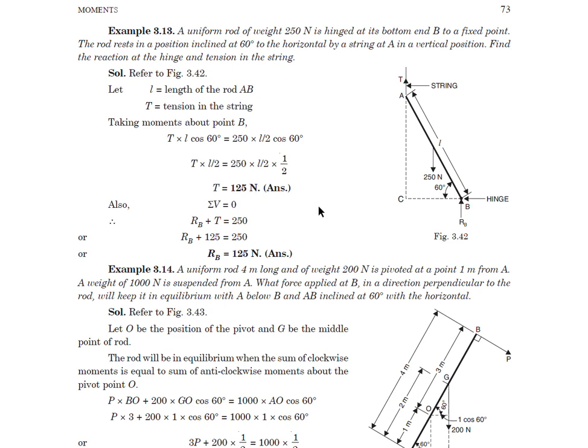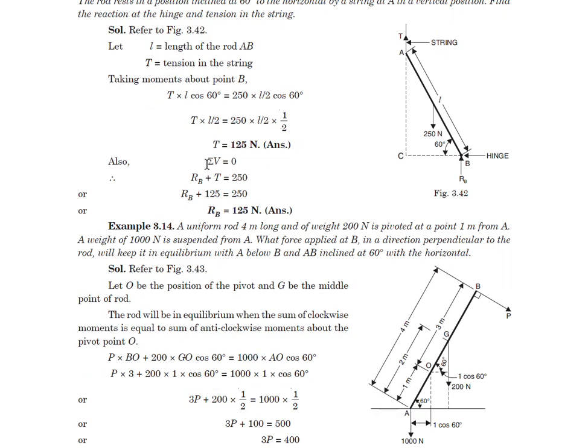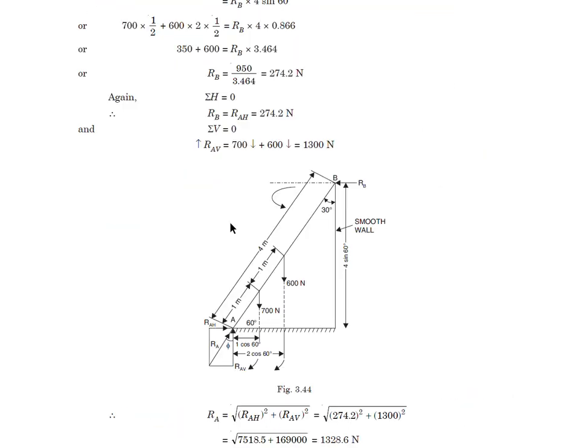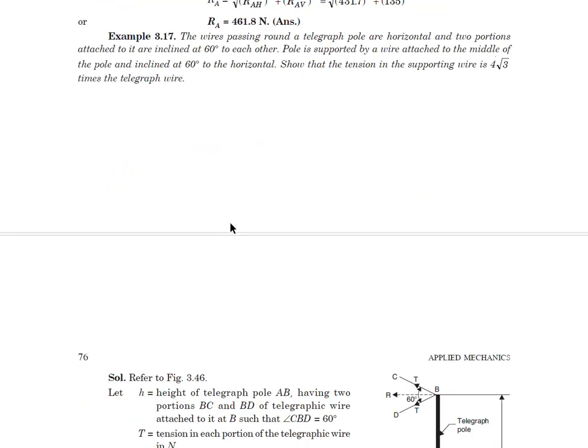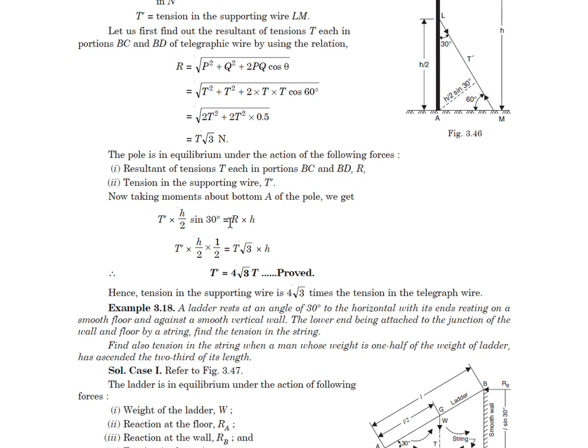Now because the forces are all vertical, we'll find the vertical component of all the forces. So T plus RB is equal to 250, and because T is known, which is 125, you can say that RB will be equal to 125. So this is one problem. Then we can discuss the next one, which is